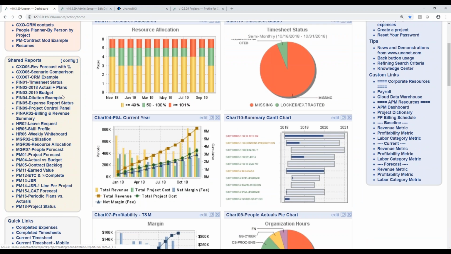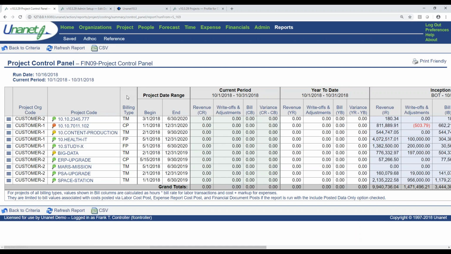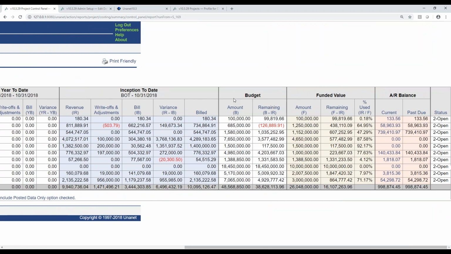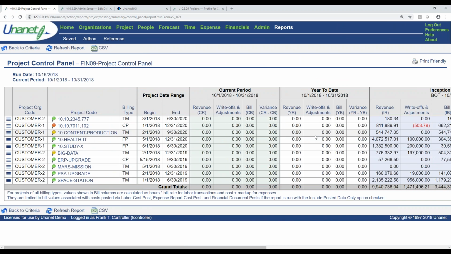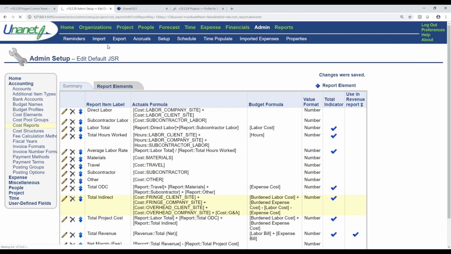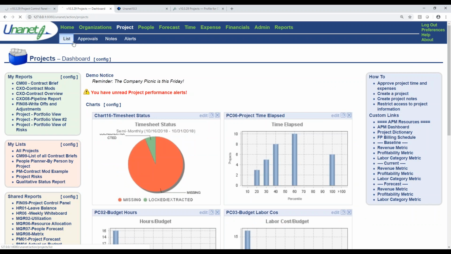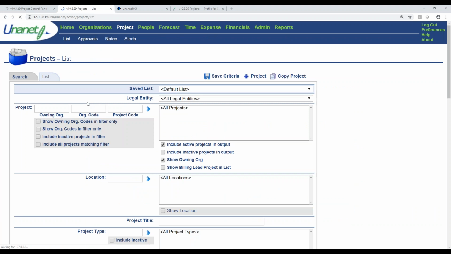The last report that I'm going to show is my project control panel, and I'm running a little bit short on time, so I'm going to move a little bit fast. But this is just really a way to consolidate all my information on a specific project to include my AR balance right here. All right, and I'm going to need to finish up here pretty quickly, so I'm not going to be able to cover as much as I had hoped to cover. So I'm next going to move into my invoicing process.